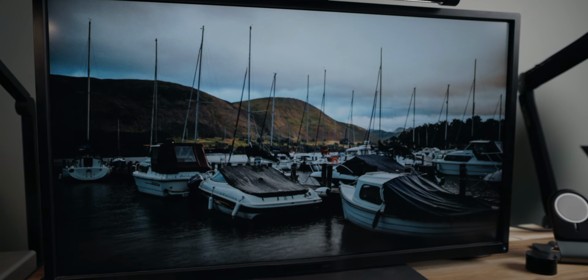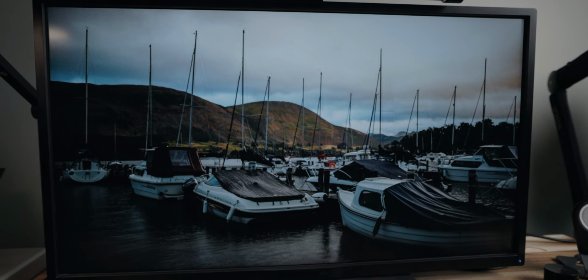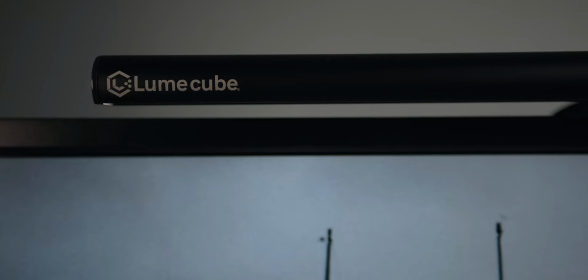Now, I'm actually going to skip the monitor I'm using. It's a BenQ monitor, but I'm going to skip that because I think it's finally seen the last of its days and I need to replace it, so I don't want to put too much emphasis on the monitor. But what I do want to talk about is what's actually on top of that monitor,